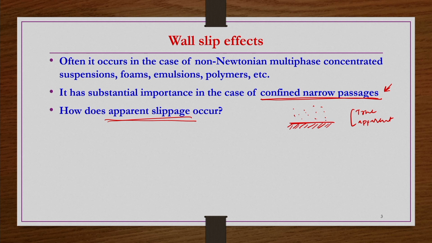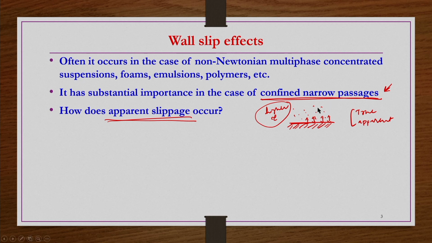There is an attraction force obviously. At higher shear stress, these molecules overcome the attraction force between the molecules of these gases and the solid surface. That attraction force would be overcome by these gas or low viscosity fluid molecules, especially at higher shear stress, and because of that there will be a depletion of fluid layer at the surface of the wall. Because of that depletion, the local viscosity at the wall would be much lower compared to the bulk viscosity of the fluid in the bulk region.